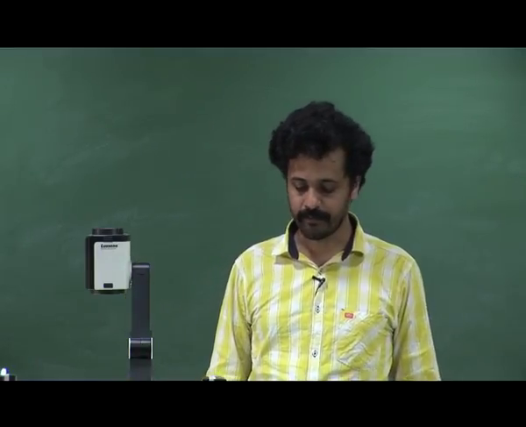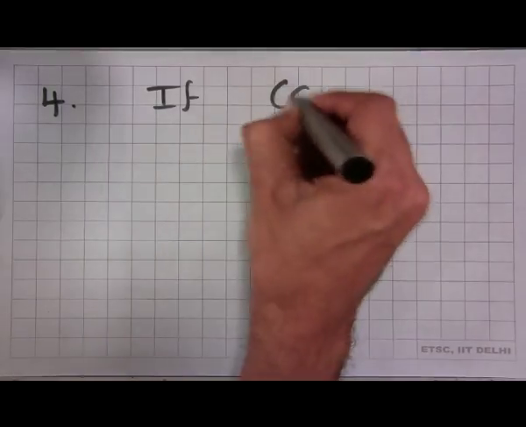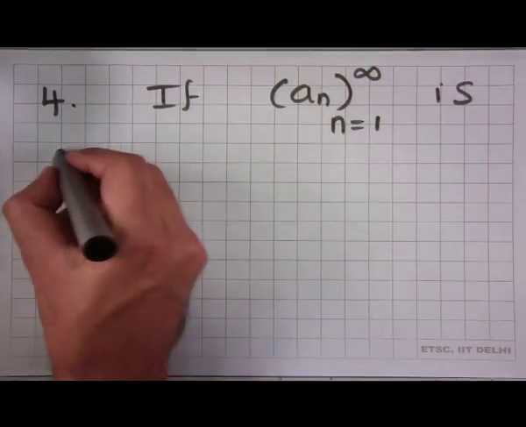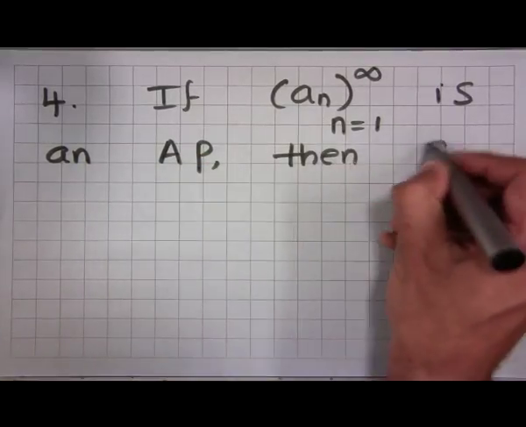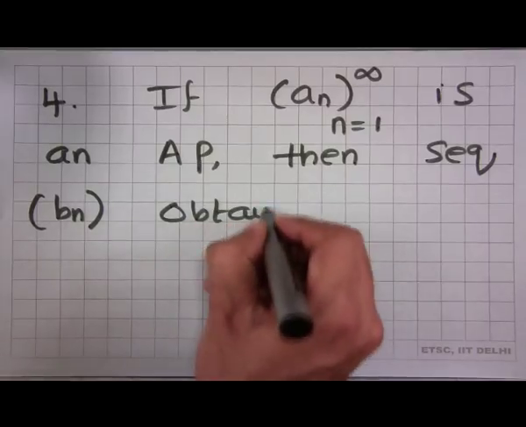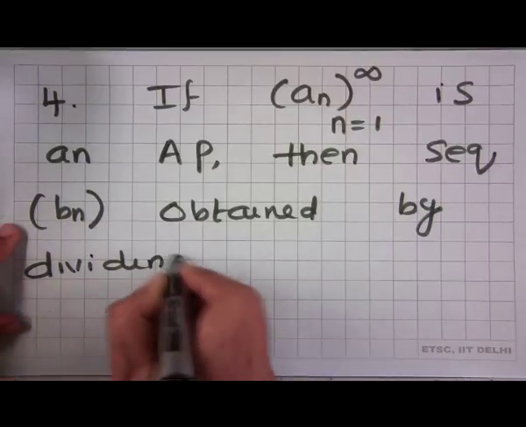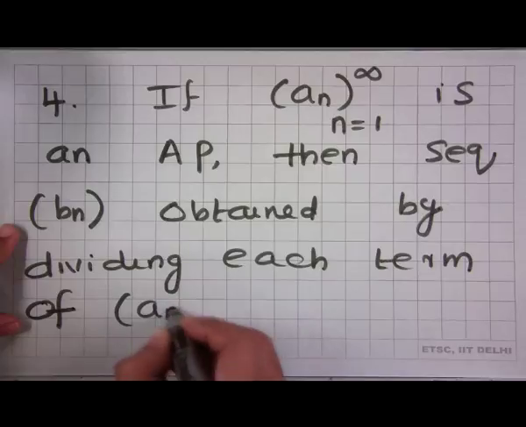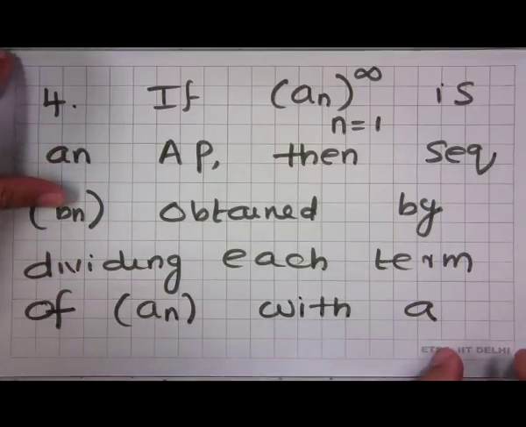A similar result can be stated for division. Let me quickly write it here. If the sequence a_n, n equal to 1 to infinity, is an arithmetic progression, then the sequence b_n obtained by dividing each term of the sequence a_n with a non-zero constant